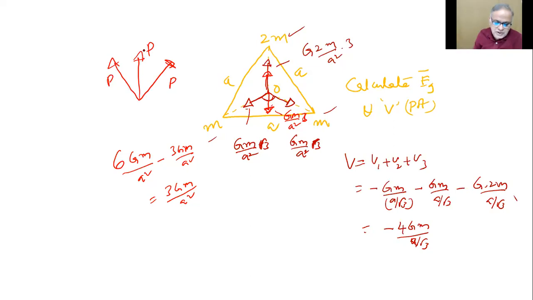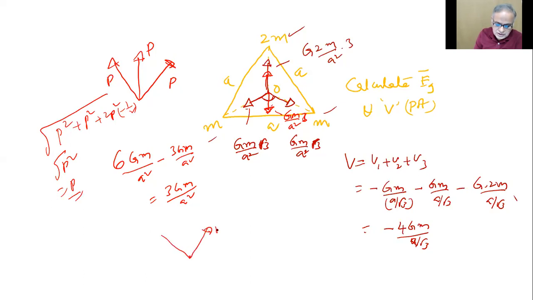Now, if you remember it as a piece of information, it will go away, children. When you are doing this, you should have understood: P square plus P square plus 2 into P square cos 120, the result is P square, so the resultant is P. If I had 100 newtons and 100 newtons and applied them on a body at 120, I'd get only 100 again, wasting my effort. That is such a standard result we proved in the beginning and used many times.